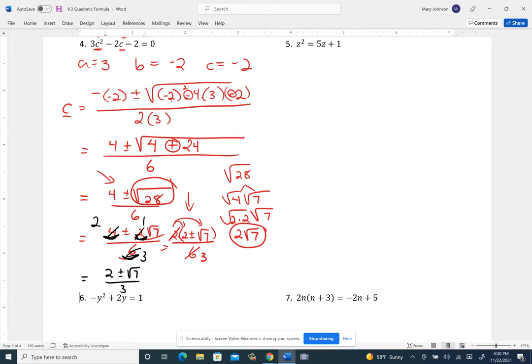So go back to when we had 4 plus or minus 2 square root of 7. No, 4 plus or minus square root of 28. Go back to this step: the 4 plus or minus square root of 28 over 6. Notice we didn't just divide 2 into the 4 and the 6 at that point. See, that's premature. This fraction bar is underneath both terms, so you should not cancel, dividing 2 into 4 and